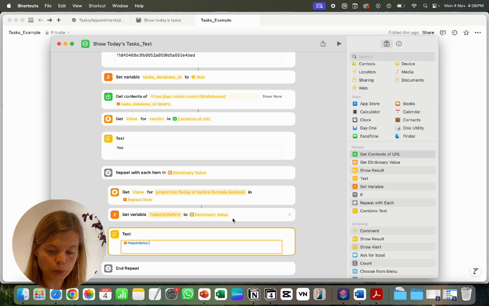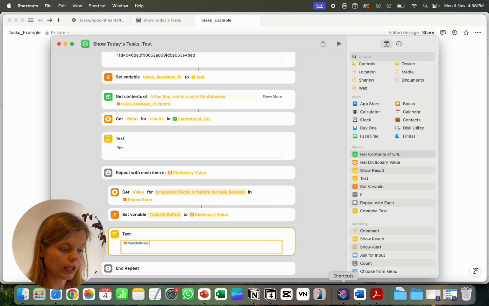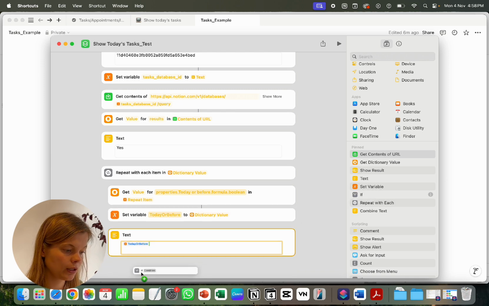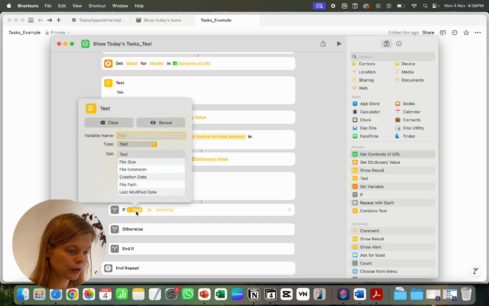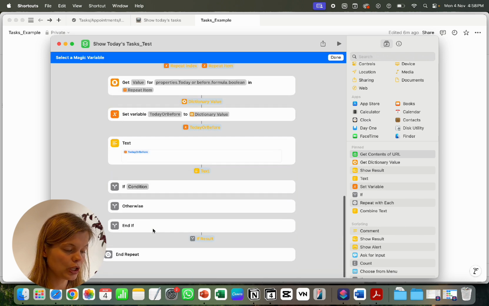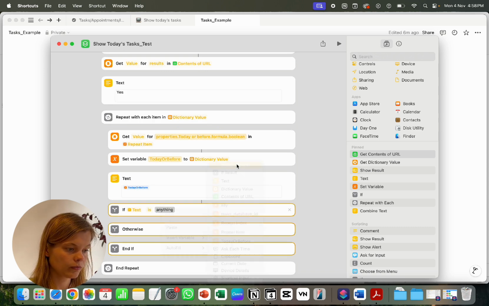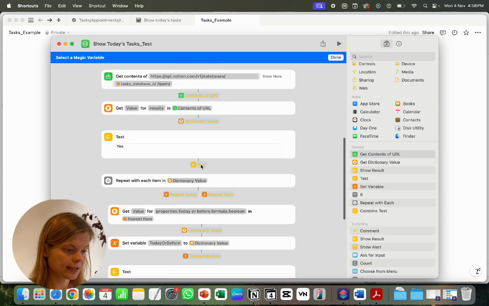And now we need to check if our today or before variable equals yes. So if our today or before variable is true, because right now we got all these values here, but we only want the first two. So we need to enter an if module. So if we clear this text here and we select a variable, so if this text equals our yes text,